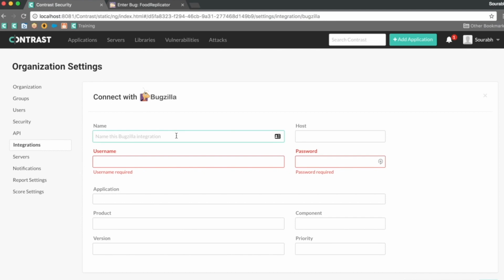First of all, the name is the Bugzilla integration name. That's just what this integration will be called. Whenever we want to send a bug using this integration, then we will refer to it by its name that we're going to specify here. So I just like to name this Bugzilla landfill. The host for me will be